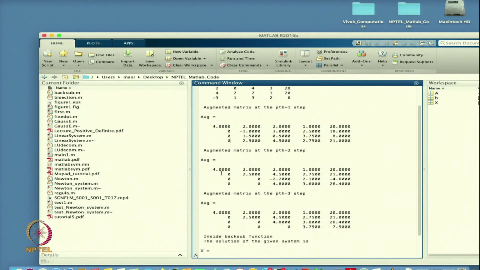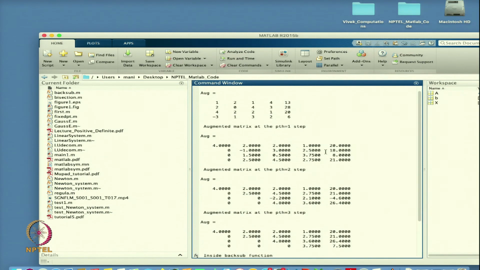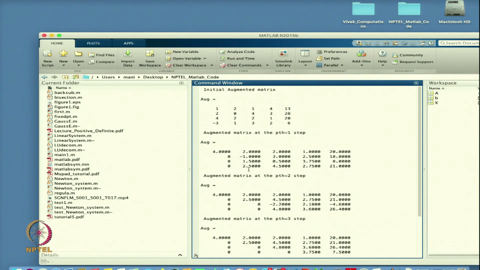After the second step, now again it is checking which one is the largest value below this. I will leave the first row now because that is over. Now I will check the maximum element in the remaining elements of the second column. In the fourth row it is 2.5. So, what I will do now? I will swap this one with this value.